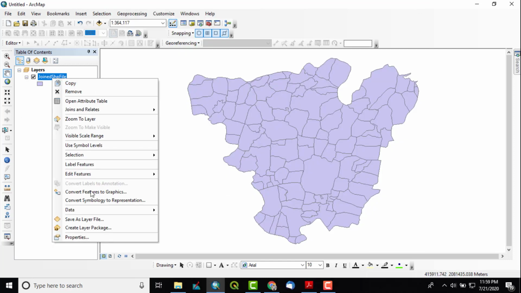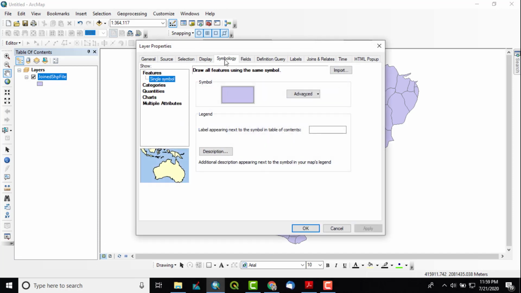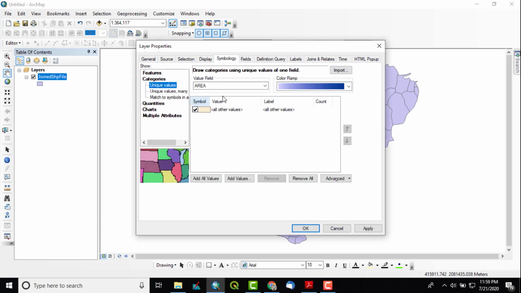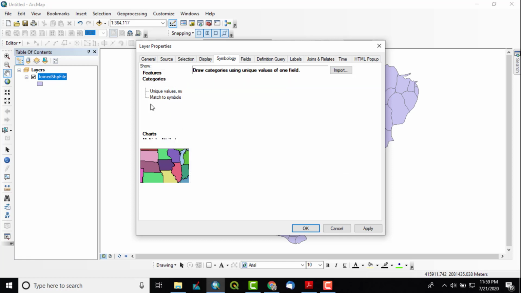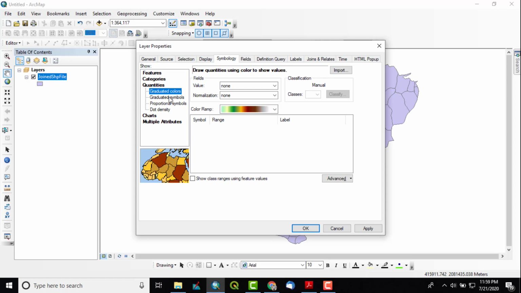Again, right click, properties, go to symbology, and here we have to choose which parameter we want to create the map for. Suppose I want to create a map for the total population. Sorry, we shouldn't go to categories, we have to go to quantities, and in that, graduated colors.